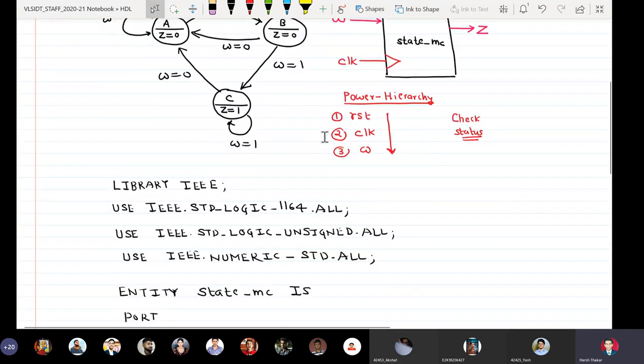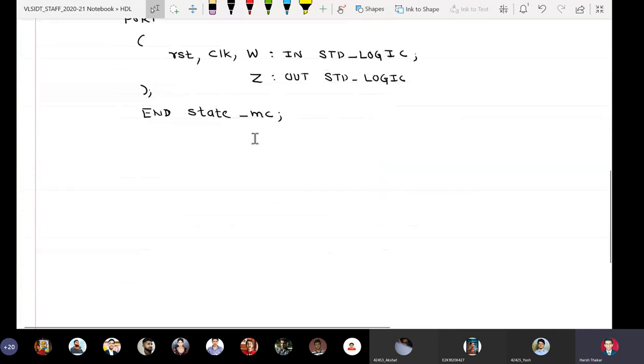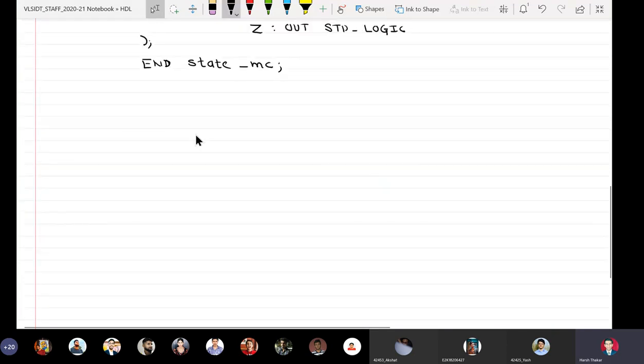So here, since the state machine has 3 states and the state diagram tells that the names of the states are A, B and C, there has to be provision provided to the VHDL programmer that it defines the values A, B and C. So there is something called an enumerated data type in VHDL.